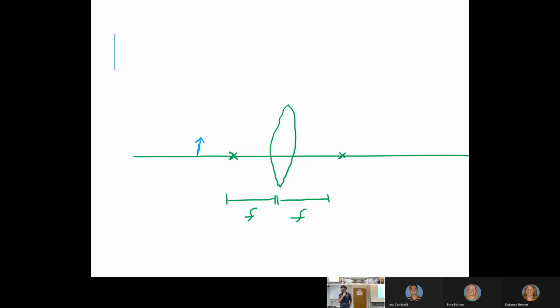Parallel line. I take a line parallel to the optical axis. It goes through the lens. Now notice it doesn't reflect off the lens. This one traverses through the lens. That's the other thing. So I take one that is parallel to the optical axis. It hits the lens and it will be directed towards the focus. What I mean by that is towards the focus on the other side of the lens. So it'll hit the lens and it will be directed through the focus on the backside. Same idea that we use for mirrors, the only difference is